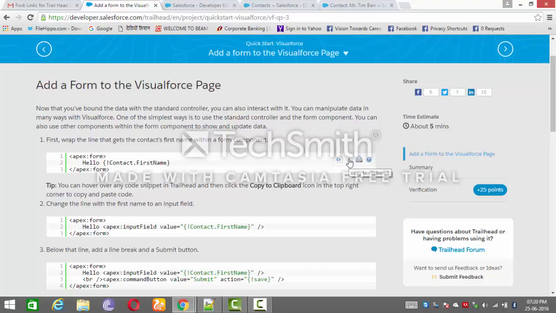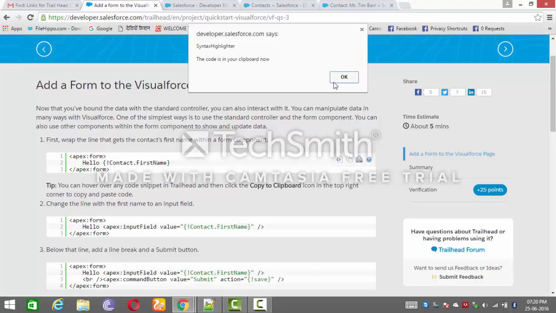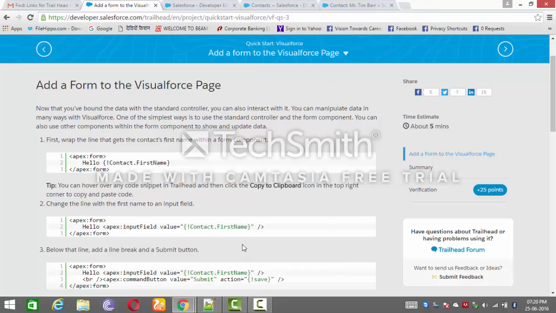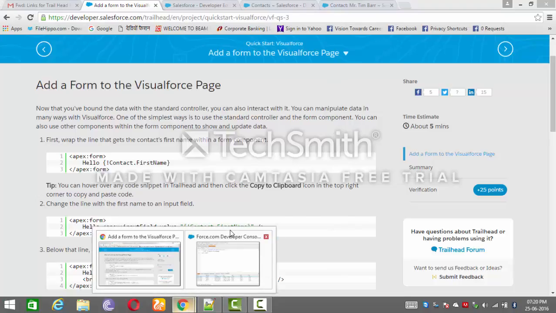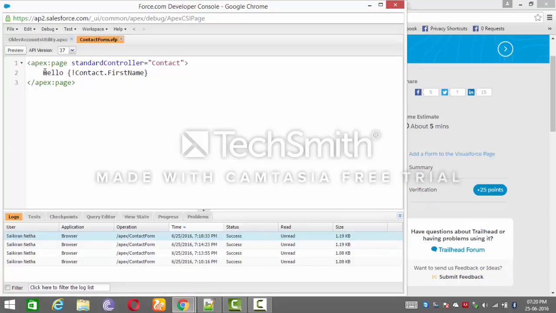I'm copying this code to the clipboard. Going to my Visualforce page on the developer console and replacing this line with the copied text. So my line is in between the form component.